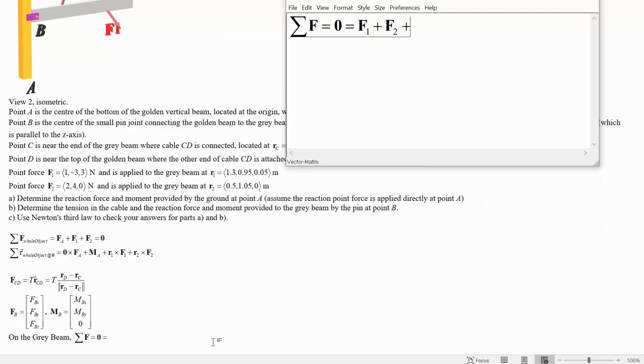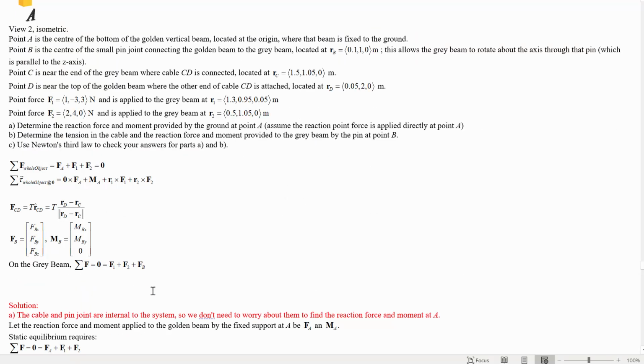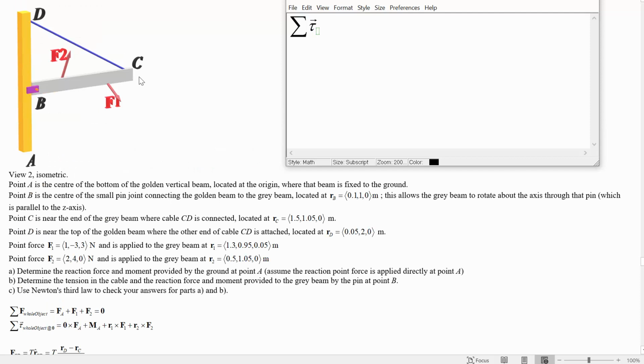F1 plus F2 plus the force from B. This is the force of ABD on the gray beam. And the torque about, I mean, again, we could find the torque about the origin, but just to make it a little bit easier to solve by eliminating some forces, maybe it's better to find the torque about pin B. So sum of the torque at B on this beam has to also be equal to 0, and that will be,